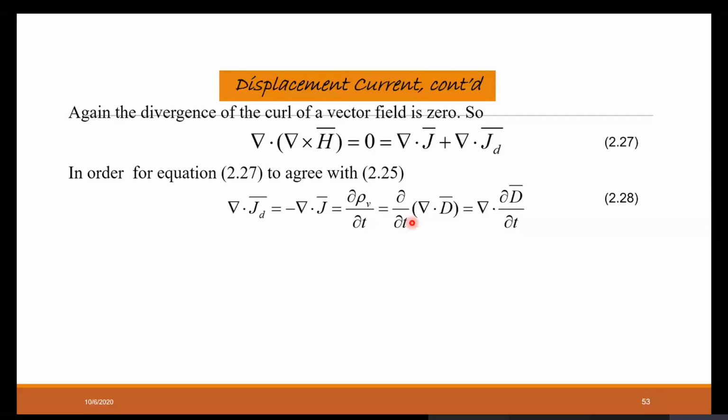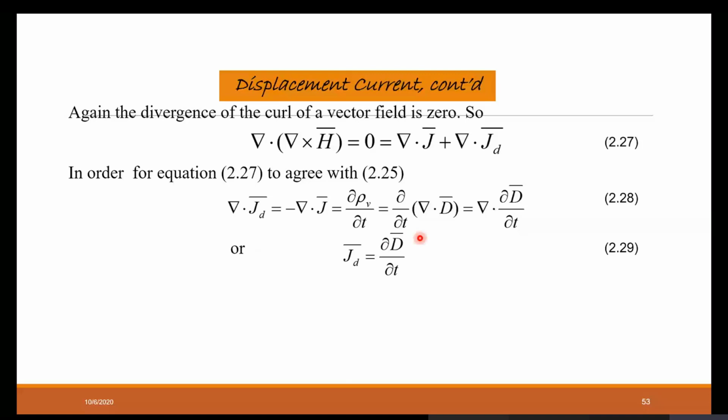What is rho V? We can put the point form of rho V as del dot D bar, that we have seen from the divergence theorem, right? So del dot dou T of del dot D, or we can write this as divergence of derivative of D bar. We have applied this time derivative to the D bar quantity, and we have taken this divergence outside. So divergence of del dot D bar or divergence of dou D bar by dou T. So both divergence we are going to cancel. So what we get? JD bar is equal to dou D bar by dou T.